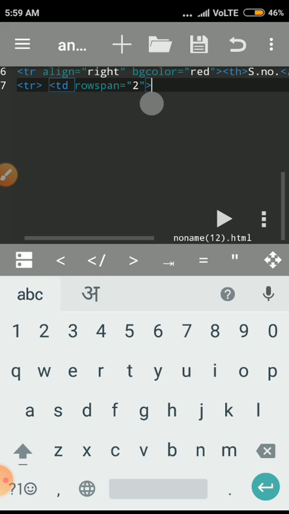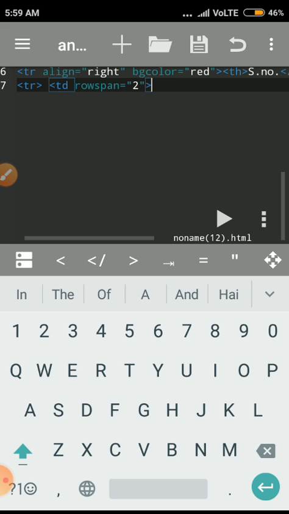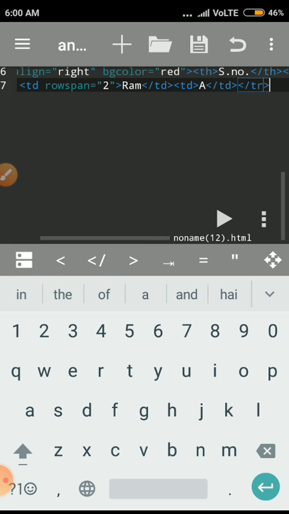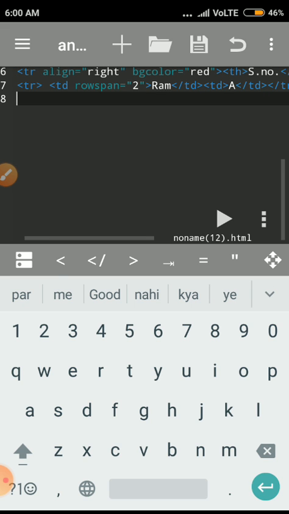Okay, so close it, and here I give name only. Suppose I give name Ram, then close the td tag, open the td tag. Okay, and here I give the grade A, close the td tag and close the tr tag. So it will just merge two rows.